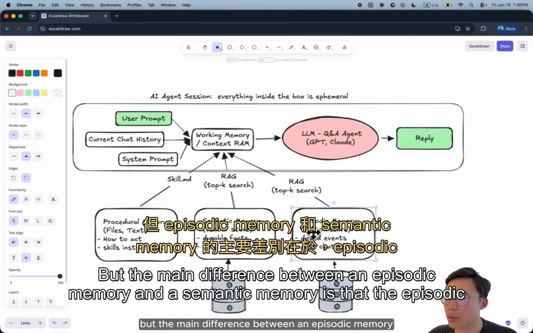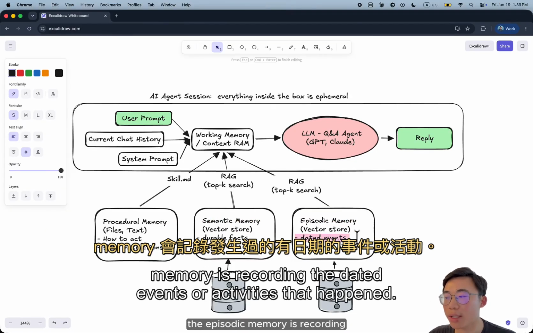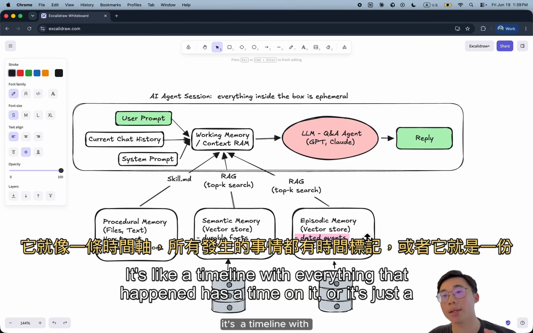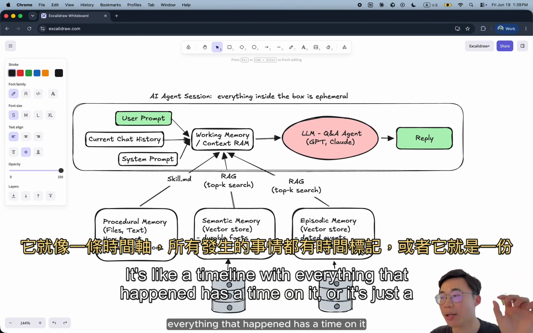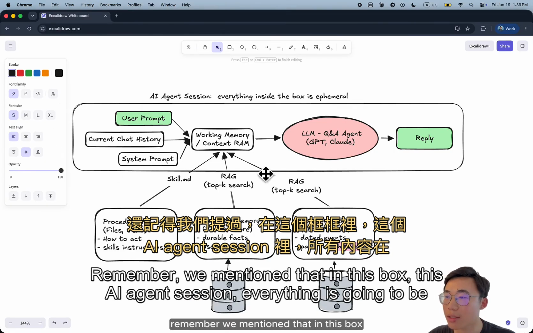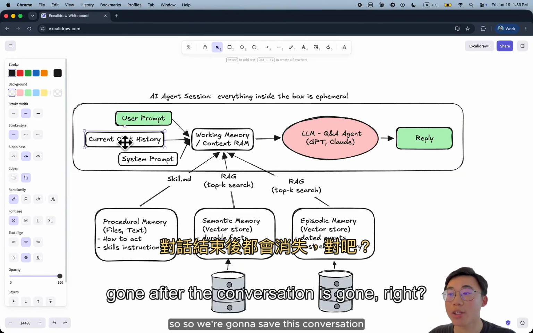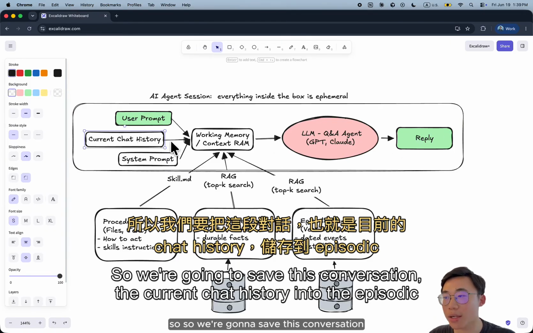But the main difference between episodic memory and semantic memory is that episodic memory is recording the dated events or activities that happened. It's like a timeline where everything that happened has a time on it, or it's just a past chat history. Remember we mentioned that in this box, this AI agent session, everything is going to be gone after the conversation is gone, right? So we're going to save this conversation, the current chat history, into the episodic